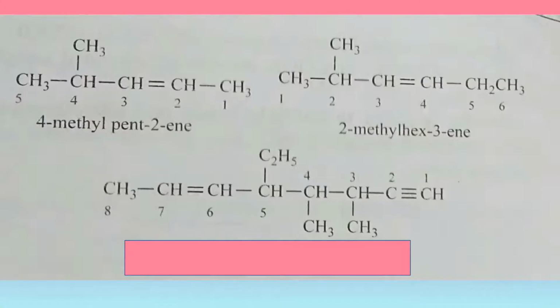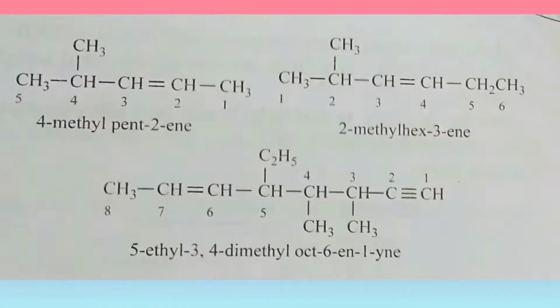We all know that when we are writing the substituent names, which substituent is written first doesn't come by the locant number notation, but by the alphabetical order of the particular substituent group. The ethyl starts with E, and methyl starts with M, and we all know that E comes before M, so we write it as 5-ethyl-3,4-dimethyl oct. Then first you always start writing the substituents and the positions, and then you write the root word.